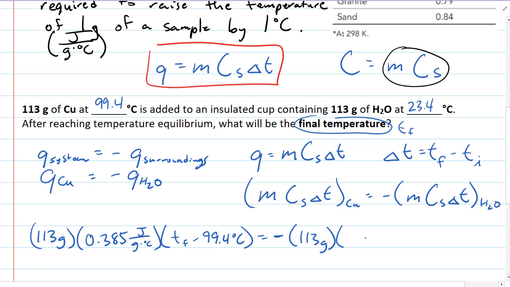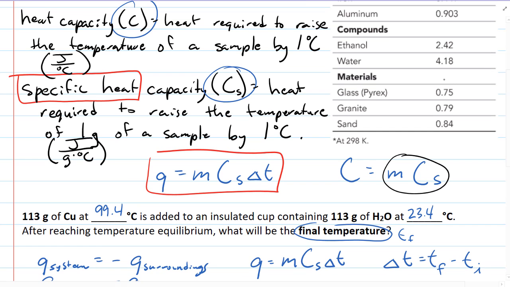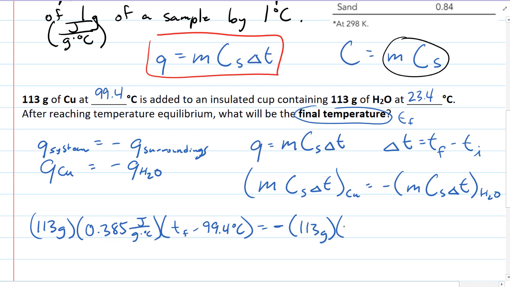Then we're going to take times the specific heat capacity of the water. Right up here we find that it's 4.18 joules per gram degree Celsius. Then the delta T for the water is going to be T final minus T initial. Now, of course, we don't know what the final temperature is, but we do know that the final temperature of the copper and the water should be the same. Because again, the water is going to gain in temperature, the copper is going to lower its temperature. So the initial temperature of the water we'd put in would be